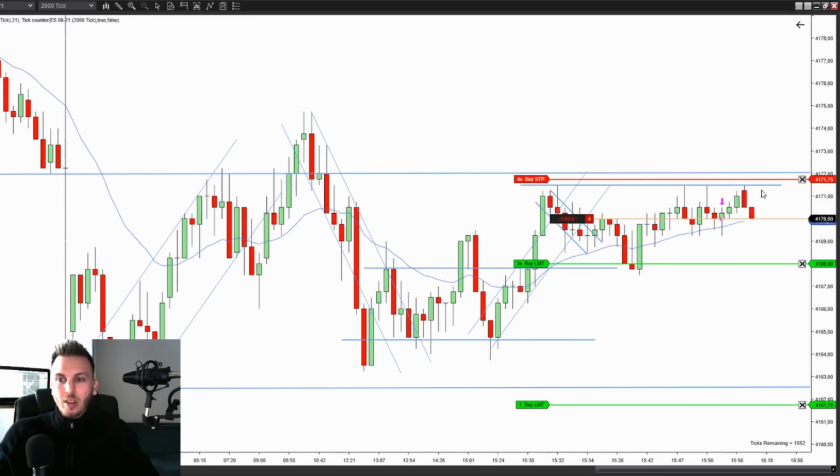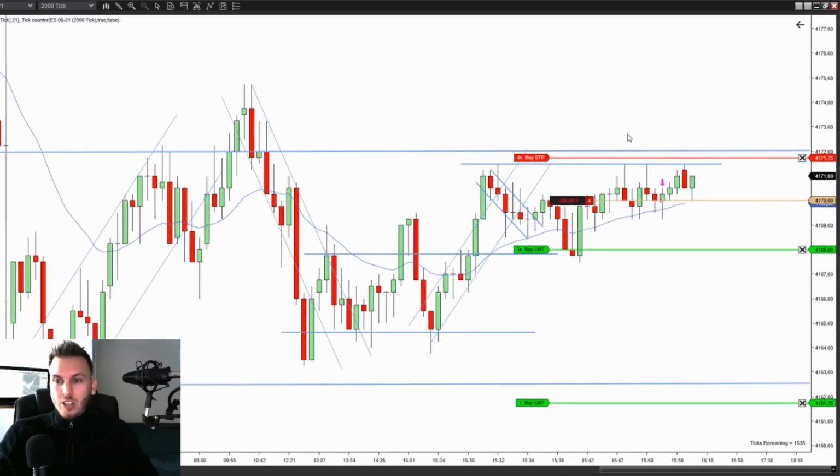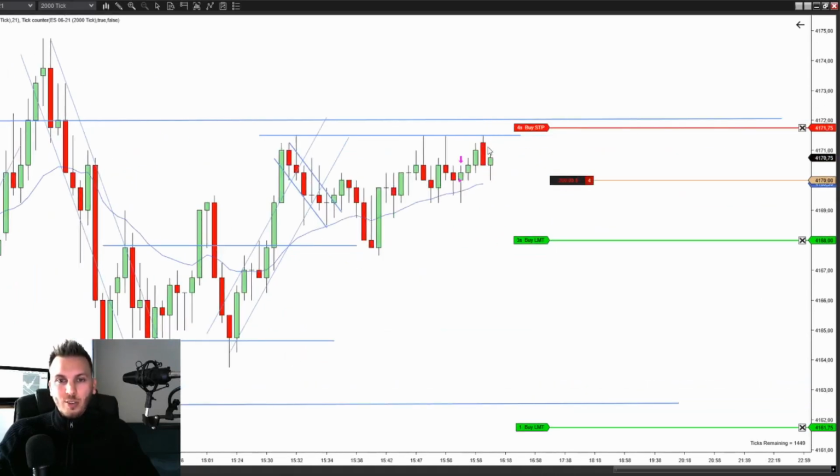This is why you put your stop loss one tick above the swing or the signal bar. You don't want to be afraid that you're going to lose the money and put it in the middle. Whatever you're afraid of, that's what's going to happen. So always keep your stop loss above the swing. Use the market structure to protect your stop loss. And we had this beautiful bearish bar, but unfortunately it's looking like